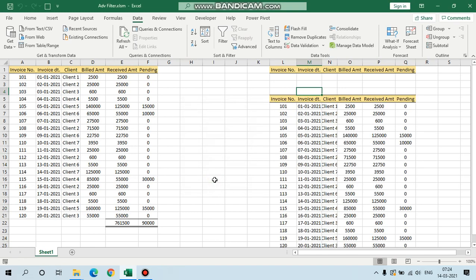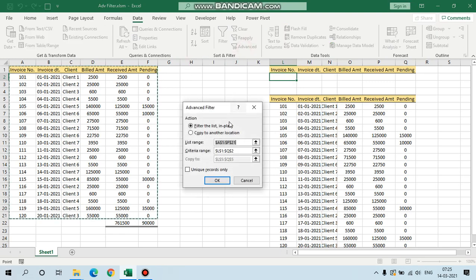See, all the data has come here. Since we have not selected some invoice or some client, all the full data has come here. See, go again.